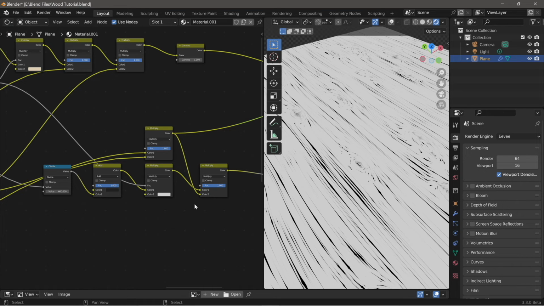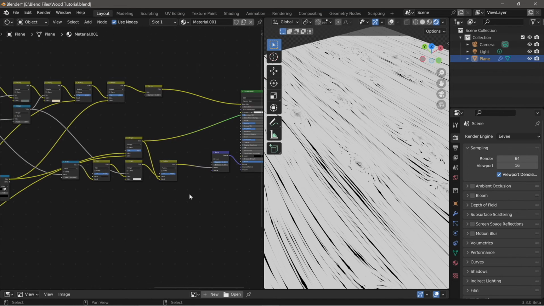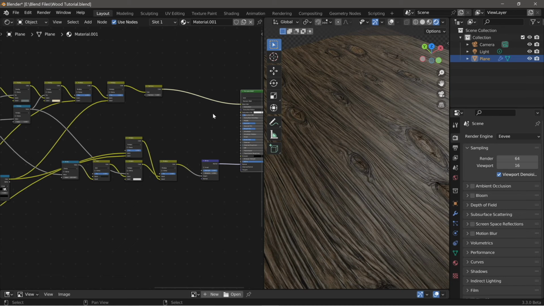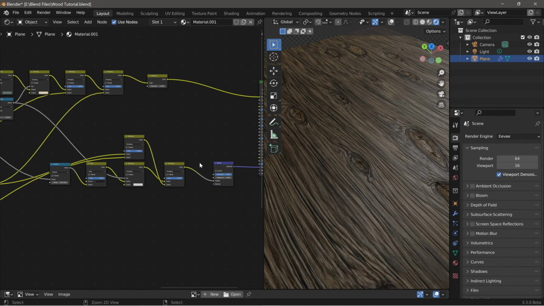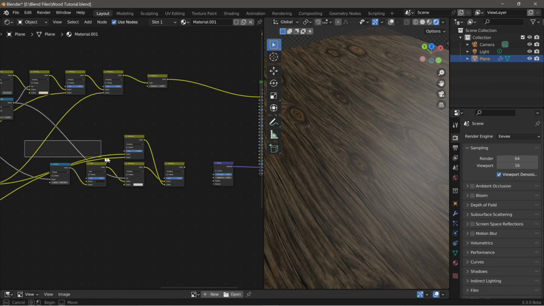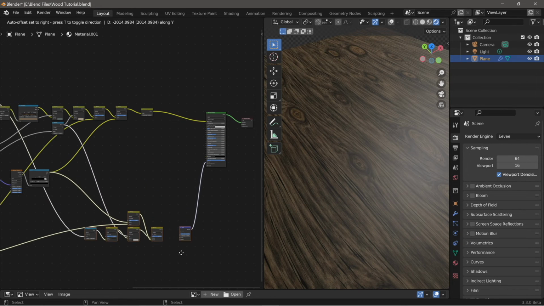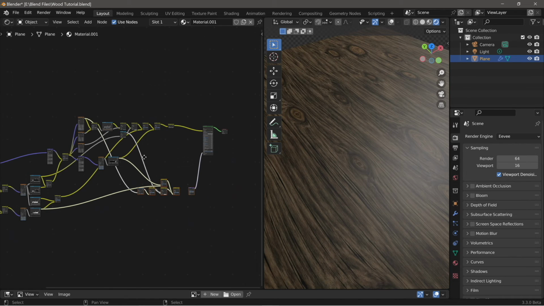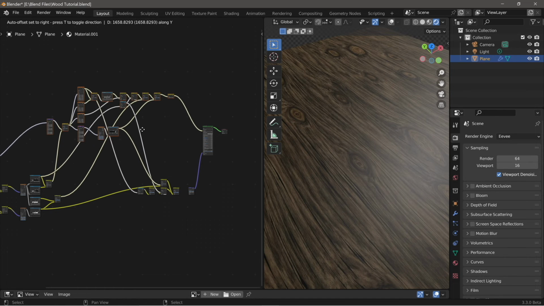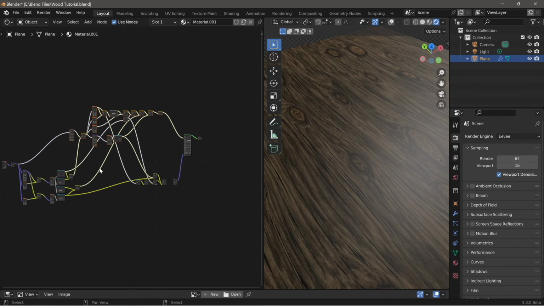Okay, so now if we view this material through the principled shader, we should see all of those cracks visible with the bump detail. Okay, and I think that's looking pretty nice. What I'm going to do though is disconnect this bump because my computer is really starting to lag. And I don't want it to be very slow while we're working on the roughness or specularity of this material. So let me just separate some of these different elements, and that will give us some space to work on